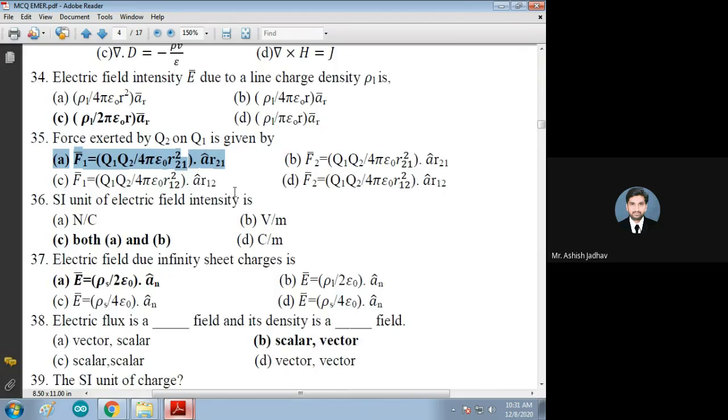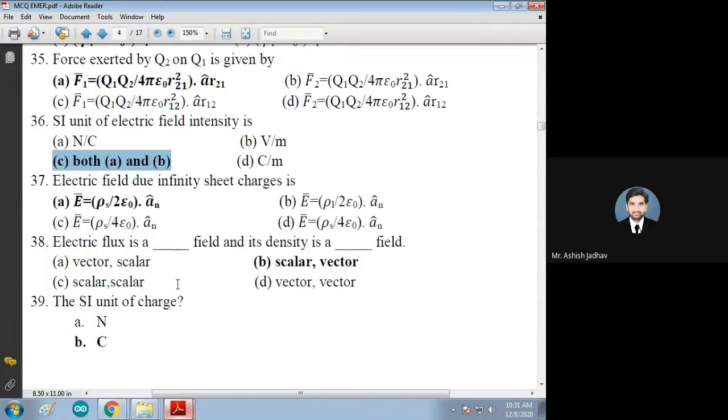SI unit of electric field intensity is Newton per coulomb, volt per meter, both A and B. D, coulomb per meter. Answer is both A and B. Its unit is Newton per coulomb because its definition is force upon charge. It is also referred as volts per meter. So both A and B. Electric field